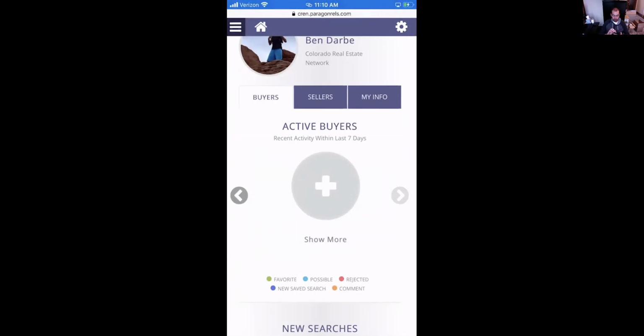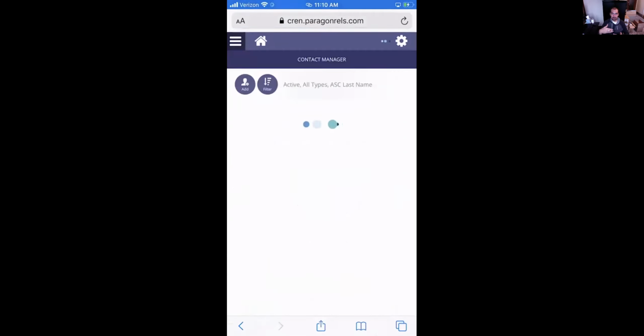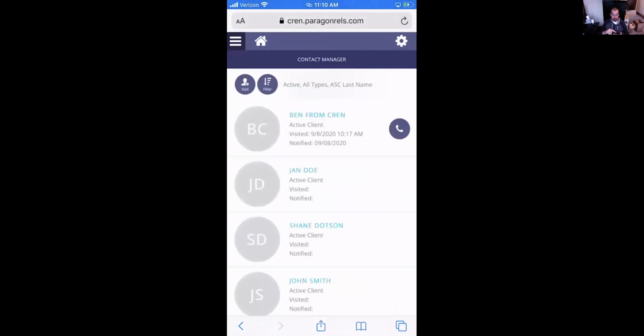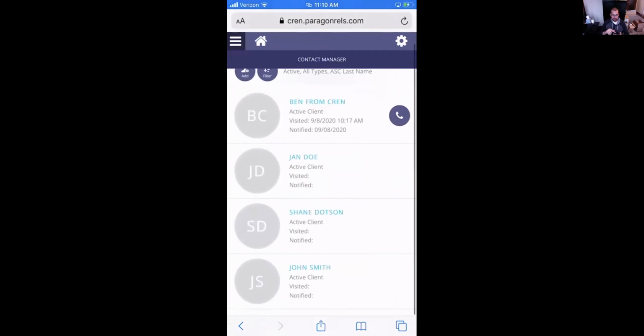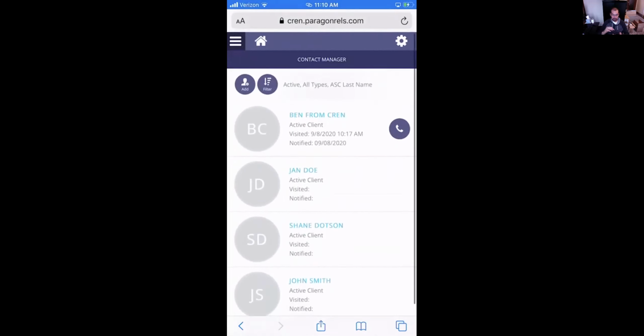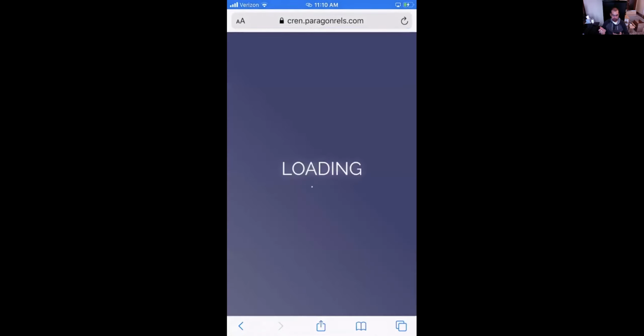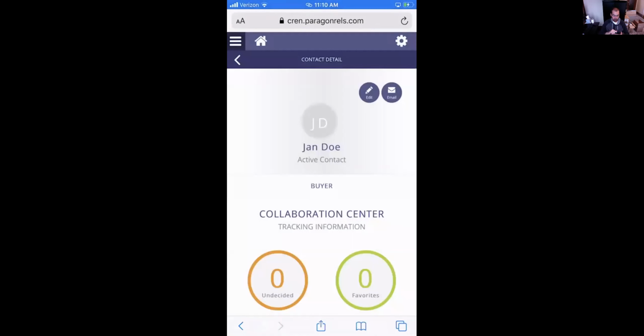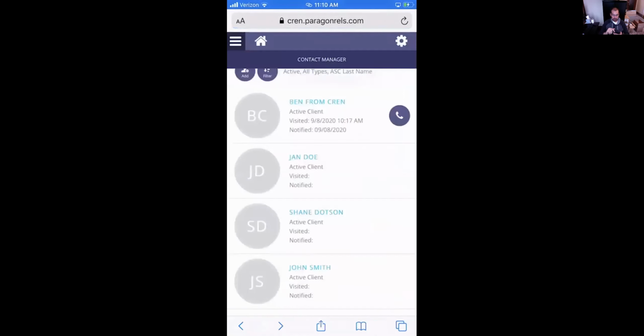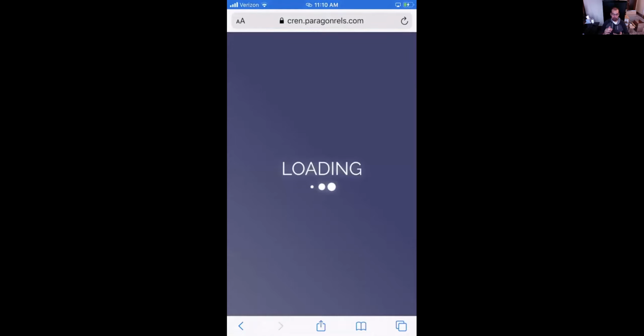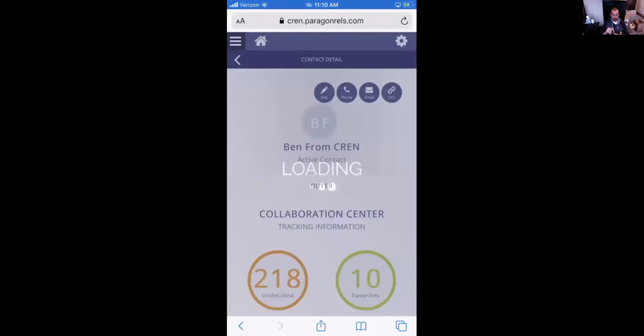If you click on show more, it's just going to show you all your contacts within the system. Again, I have my active clients, and I barely have 4, but that's the only one I have the collaboration center set up for, it looks like. So that's what that shows you: active client. If I click on that, it's going to show you if you have that collaboration center set up, and you'll know right away if you do or not by having that CC2 button up in the top right hand corner,